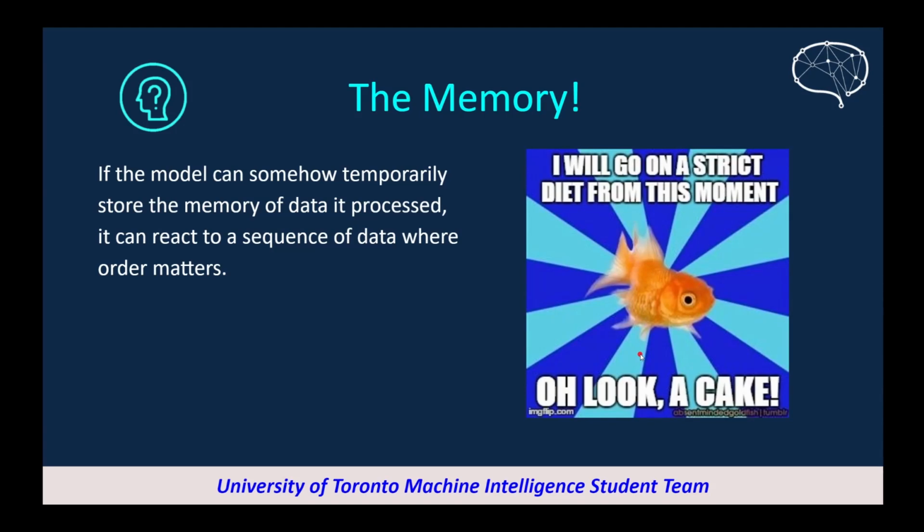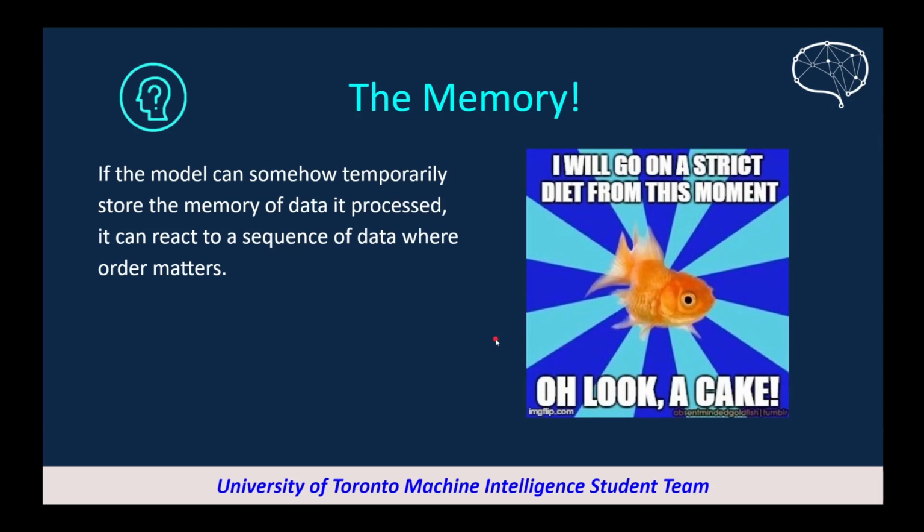So it cannot make some comparison with what happened in the past. It's just like a very simple model, a simple machine. It can only react to what's happening right now and deal with the current situation. And if it has memory, then it could react to something that might have happened before